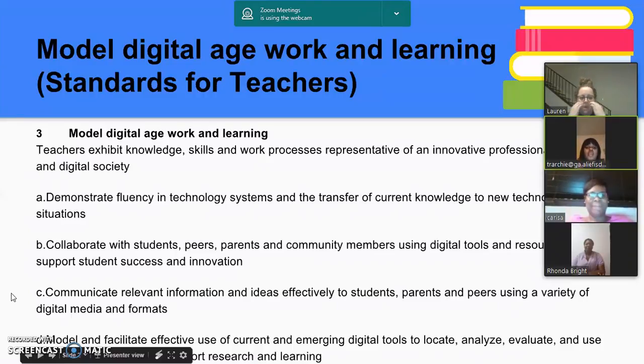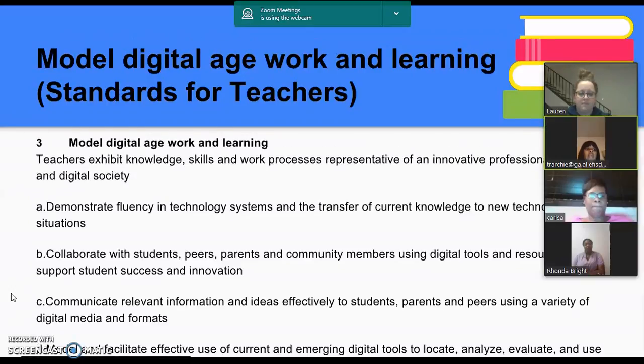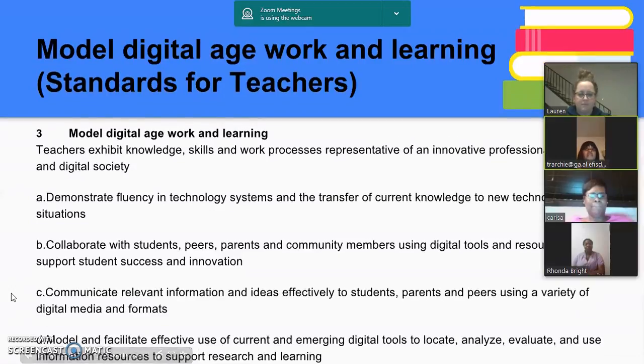Okay, we're going to start with the standards for teachers, modeling digital age work and learning, where teachers exhibit knowledge, skills, and work processes representative of an innovative professional in a global and digital society. Some of the things that I noticed in the Horizon report was they were trying to incorporate more STEM activities, but with a mathematic background, so they call it STEAM activities. Some STEAM activities include teaching students how mathematical concepts such as geometry are embedded in work and artwork such